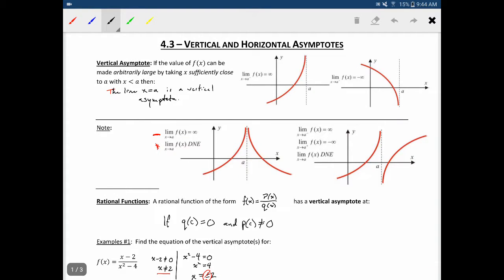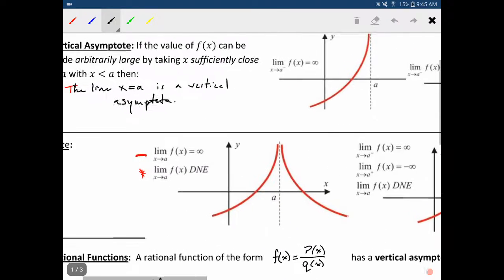Hey guys, today we're going to be taking a look at different types of asymptotes in functions. So the first one we're going to look at is vertical asymptotes. Now you'll notice that I have filled out some of this because my first video did mess up halfway through, so that's all right. So the first type of asymptote we've got is a vertical asymptote, which you should be familiar